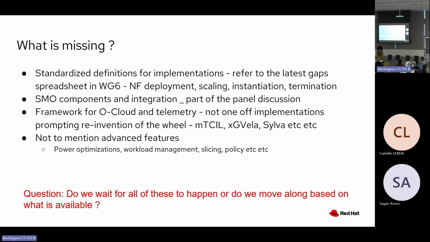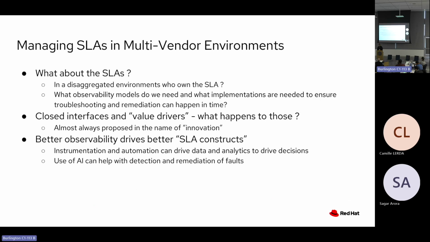Do we have to wait for all of these things to happen and be standardized? Can we actually move along based on what's available, look at those reference implementations, see the deployment models, and then learn from it and actually build upon that, right? The biggest issue, this was the question that I was coming to you with in terms of why those,